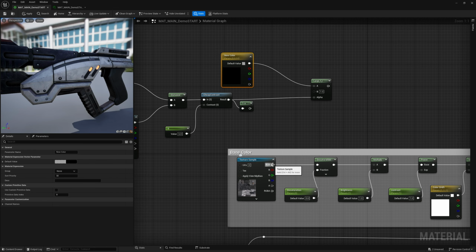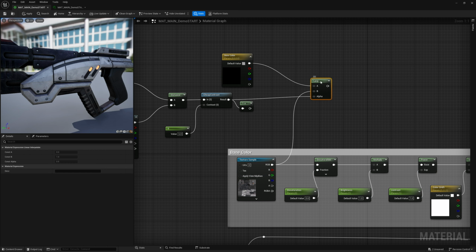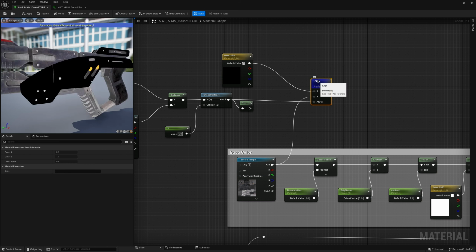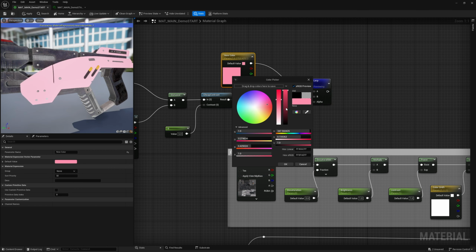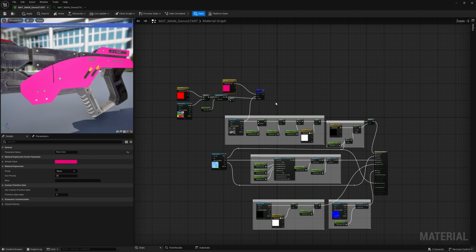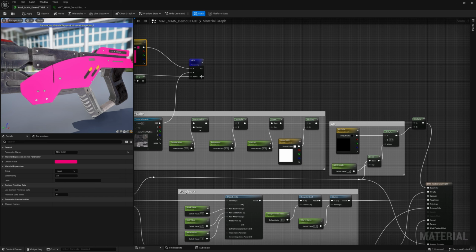Plug it in A, plug it in B. So let's preview this lerp node. You can see what it's doing is it's working. The mask is saying, hey, where it was black, fill it in with this color. So if I change the color to make it a little bit more obvious, it's not just the mask that's working well. I mean, that looks nice, but it's overriding a lot of material